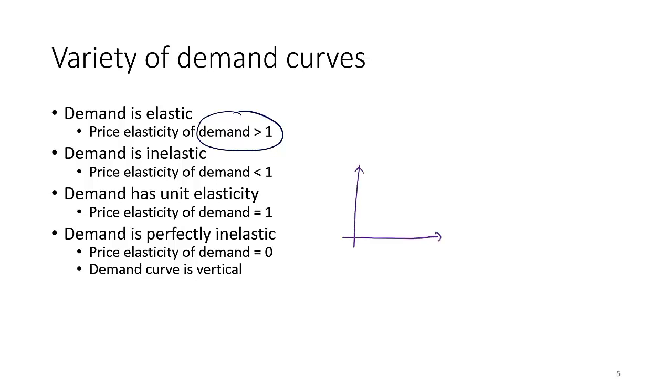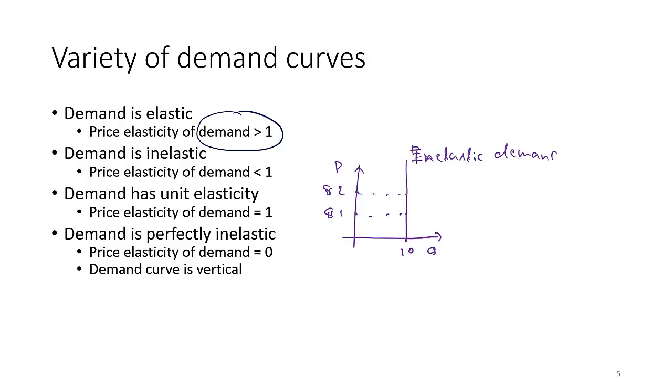This is your price, this is your quantity, this is your inelastic demand, where if the price is say $1, demand is still the same. If price increases to $2, demand is still the same, say 10 units. So in the case where the demand curve is vertical,